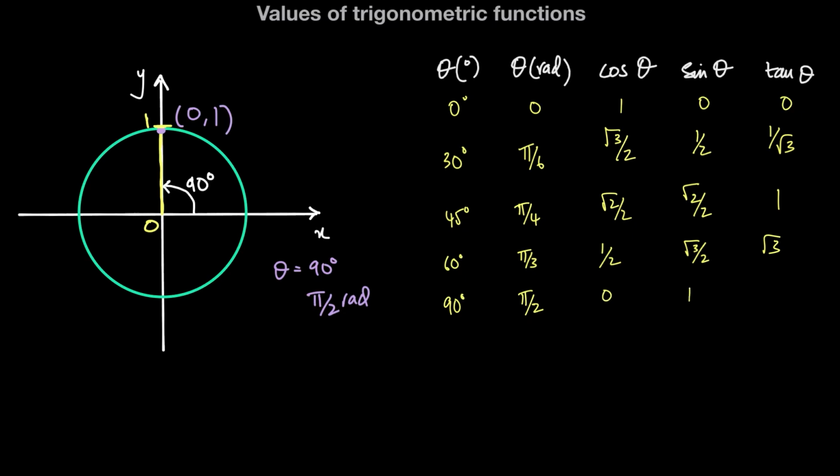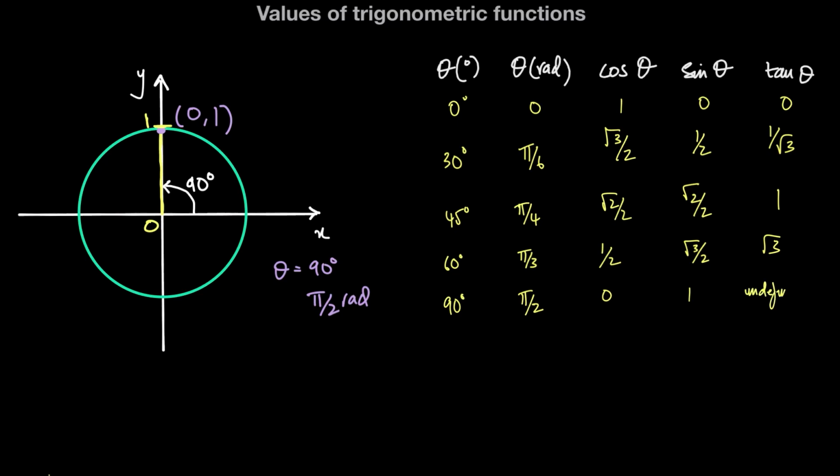Now the tan of theta over here, or tan of 90 degrees or tan of pi over 2 radians, is the sine of 90 divided by the cosine of 90. So if we do 1 divided by 0, well, we know we can't divide by 0. So we can say that the tan of 90 degrees or the tan of pi over 2 radians is an